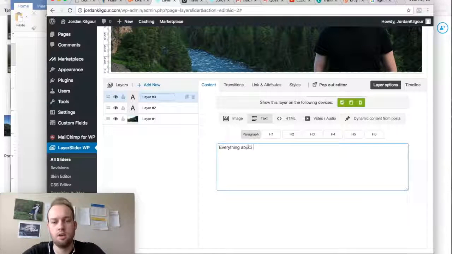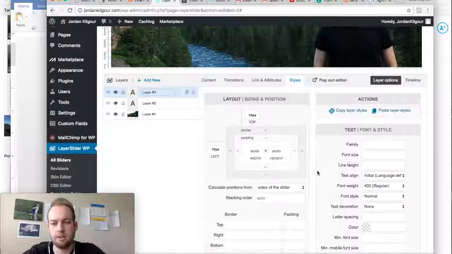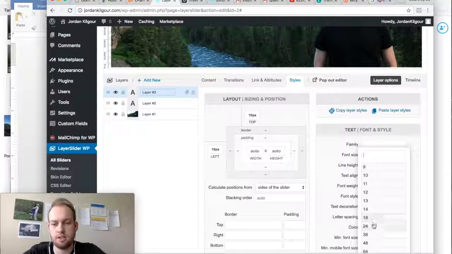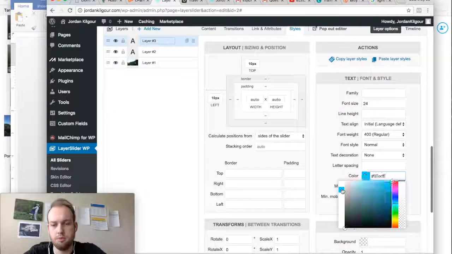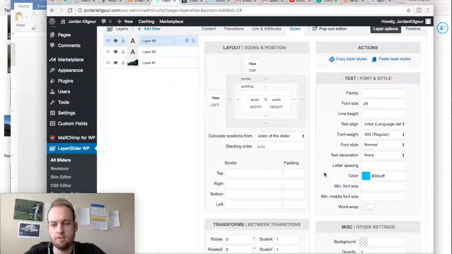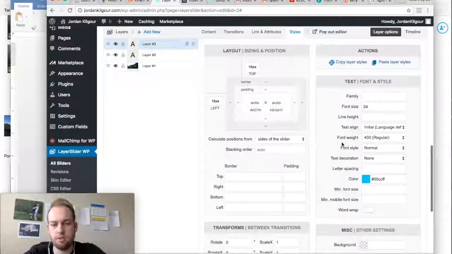everything about online or personal branding and online business. All right, so we got that there. We're going to want to keep it a paragraph text, and come over here, change the font size. We're going to do about 24. Color, we're going to pick a nice blue, this blue right here. We're going to keep regular font weight